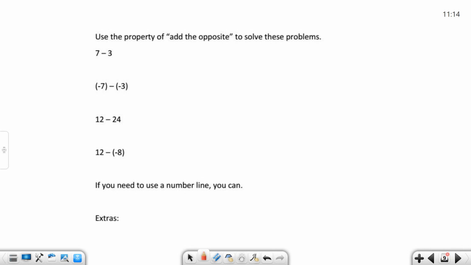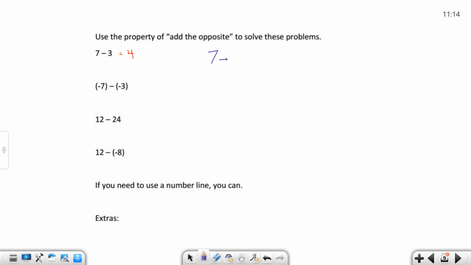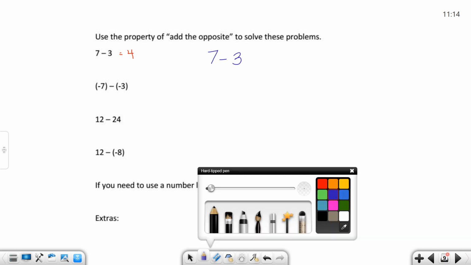Okay, we're going to continue with this topic of adding and subtracting the integers at the opposite. So we know that this is 7 minus 3, and most of us know that this is 4. But sometimes it gets a little more complicated, especially like in the second one where you have a minus and a minus. And so when you think about this, subtraction is actually adding the opposite. So if you see a problem that says 7 minus, what you can actually